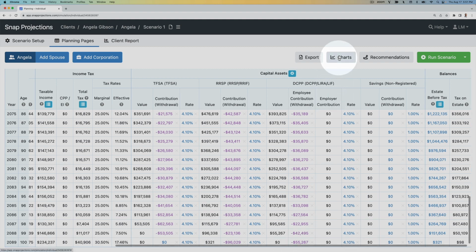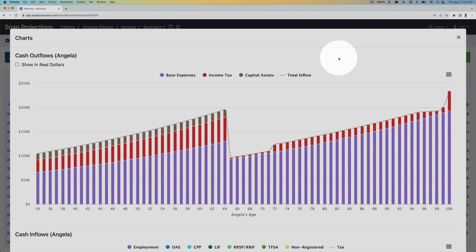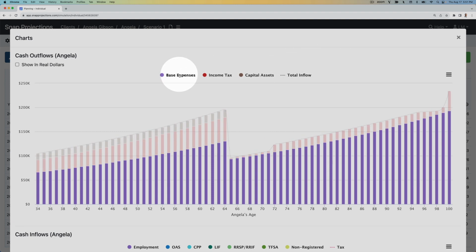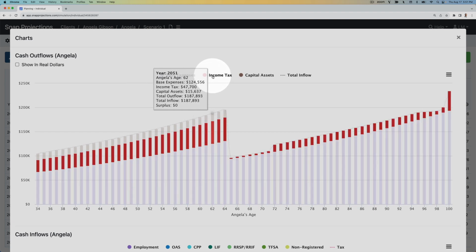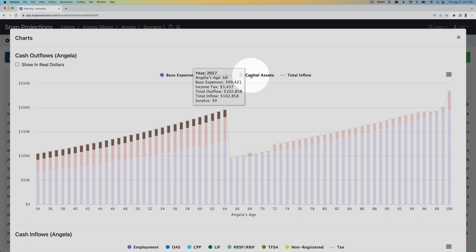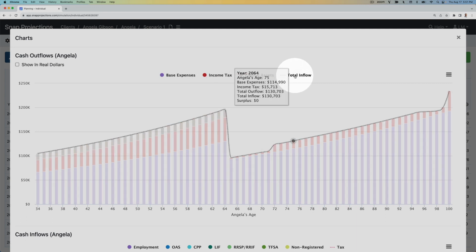I can go to the top right and click on Charts in order to see this a bit more visually. You'll see that we have the base expenses that drop off a bit at age 65 once she retires. We can see her income taxes over time and how those change. And then we can see contributions to capital assets while she's still working. We can also see that the total inflows fully cover this full spending need,